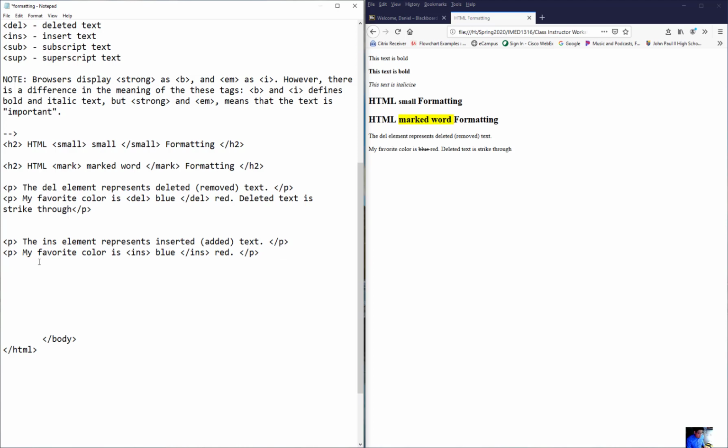Control S, come over here, save it, refresh the screen, and you notice that my favorite color is blue. The inserted text is underlined with it. That's another way I represent this as well. Now, you might ask, well,